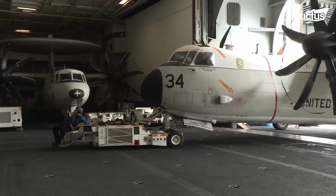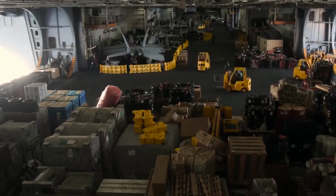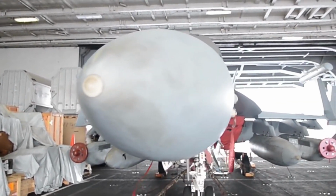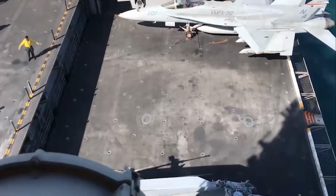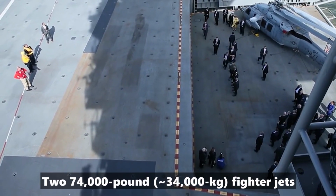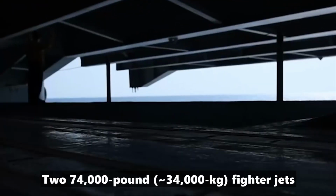The hangar is flanked by single-deck compartments on either side, standing 3 decks tall, creating a hive of organized activity. Adding to the intrigue are the 4 colossal elevators encircling the hangar, their high-speed, aluminum hydraulic magic, capable of effortlessly hoisting 2 74,000 pound, or about 34,000 kilogram, fighter jets from the depths of the hangar to the flight deck